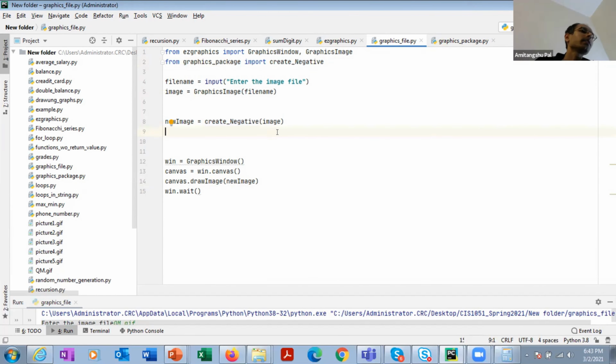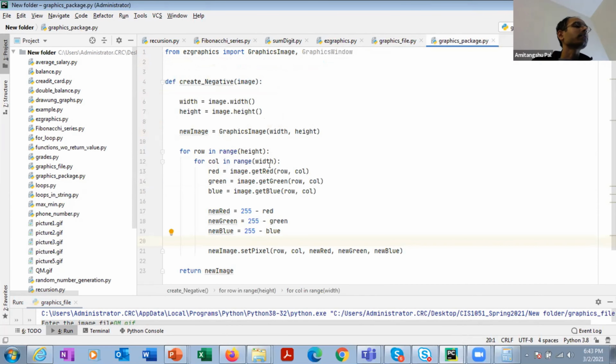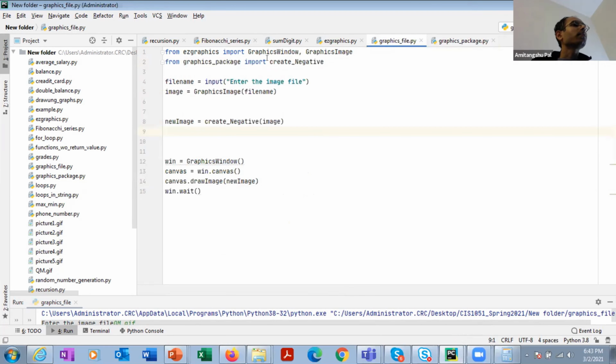So here we have learned a number of very interesting points. Till now we have learned to write functions inside our own file, but now I have created a different file and written functions over there, and then I'm importing the functions that I have written from my own package, and then I'm using them. This way you can create your own functions, or you can create your own package. This is related to graphics, but you can create your own package and import it based on your requirement.